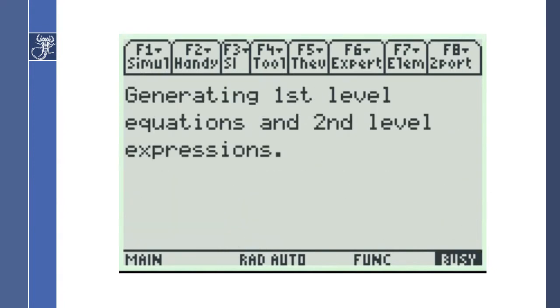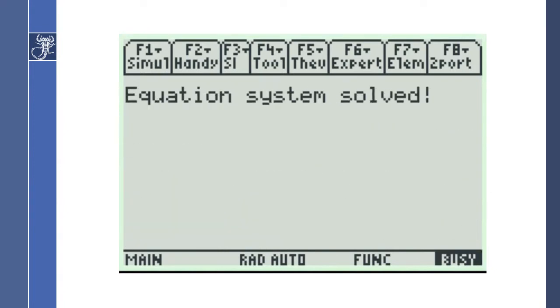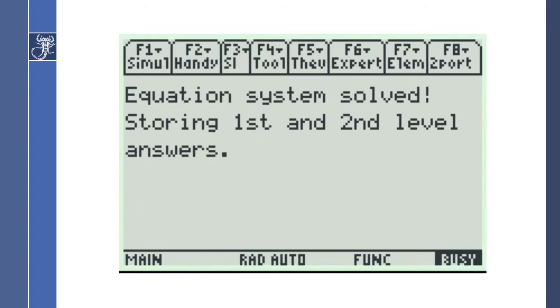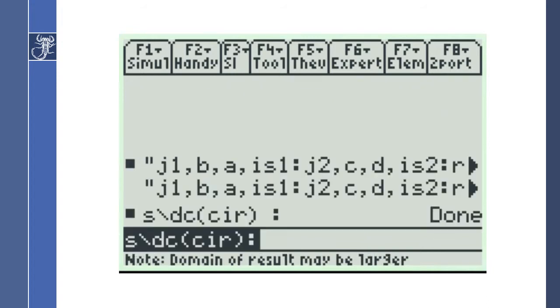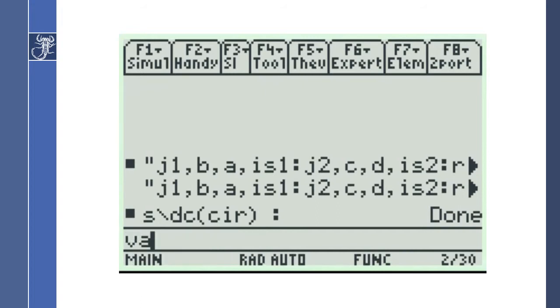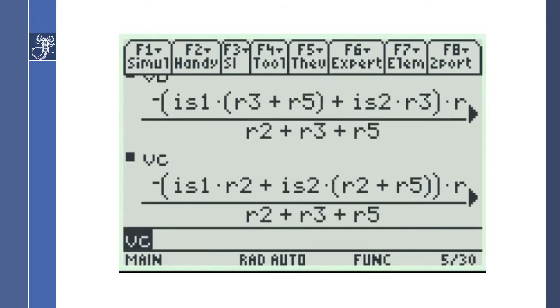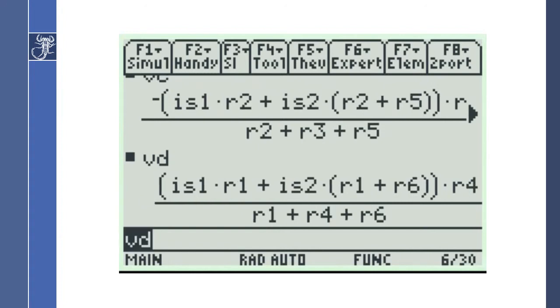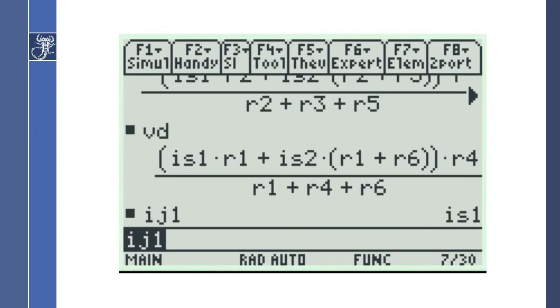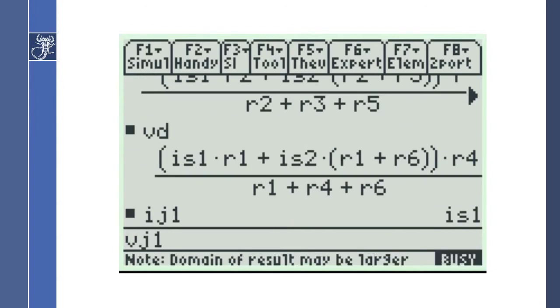I have overclocked it here in the emulator just for it to resolve faster. Once the simulation is done, we can ask for anything we want. Here I'm just going to show the voltage in the 4 nodes. You can see how these voltages are given as expressions in terms of the values of the resistors and the values of the sources. We can also ask for the current in the source, the voltage drop in the source,